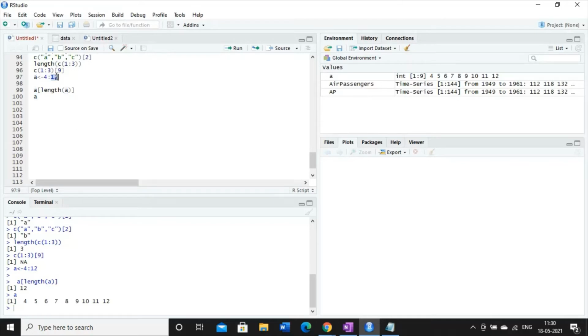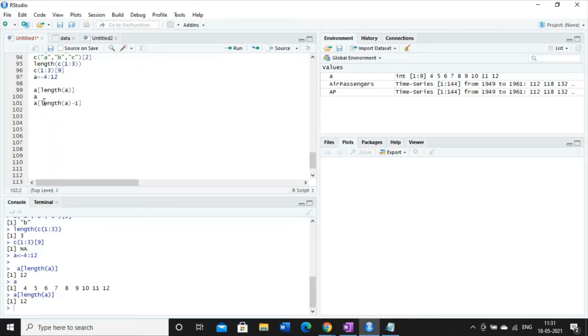So this is how we can generate a vector of specific length. If I write 3 is to 12, it will generate the numbers from 3 to 12. Embedding a length function inside a particular square bracket means I want to fetch the specific element. So whenever I write this code, as a result it gives me the output as the last element. So this syntax is used to fetch the last element of the vector. Now consider this syntax.